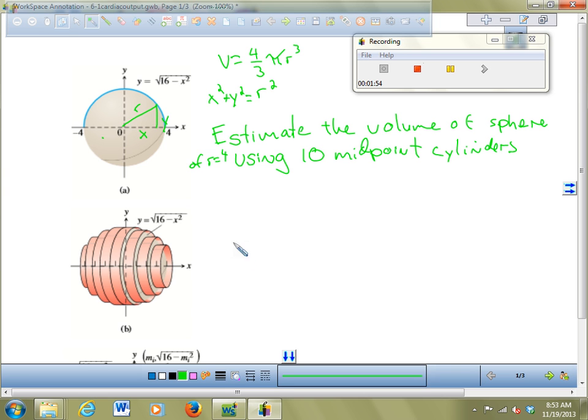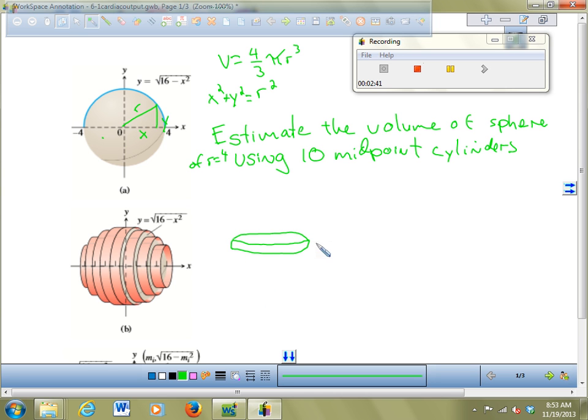Okay? And so each one of these cylinders, if I were to take one of these and put it sideways, I don't know if I could draw this very well. I'll try to do this bit. Each one of these cylinders,